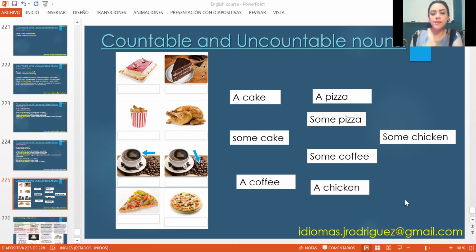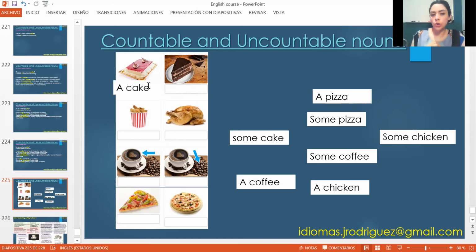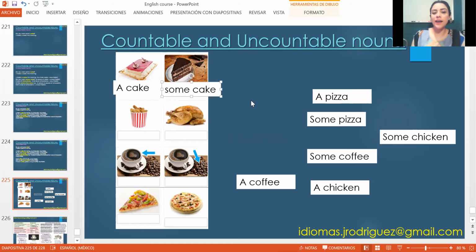Okay, time. So let's check. First, the cakes. We have here the complete, the whole cake. So that will be a cake. Tengo aquí el pastel completo. Entonces este va a ser un pastel, a cake. Then I have the question, do you want some cake? I'm referring to a slice. Me refiero a una rebanada. Si te digo, ¿quieres un poco de pastel? ¿Quieres algo de pastel? Me refiero a una rebanada, right?